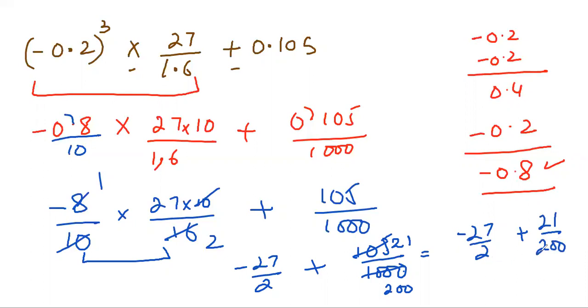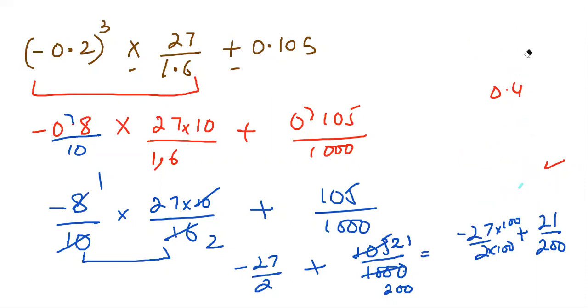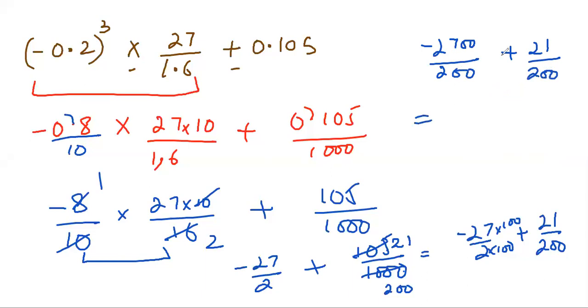So now we can make 2 as 200. 2 multiplied by 100 will become 200. I'm just erasing this one. Okay, so it's minus 2700 divided by 200 plus 21 divided by 200. So minus 2700 plus 21. You have to subtract 21 from 2700 and you will get 2679